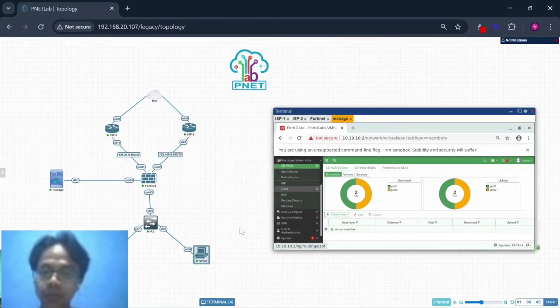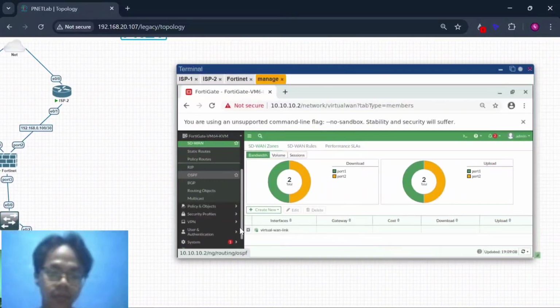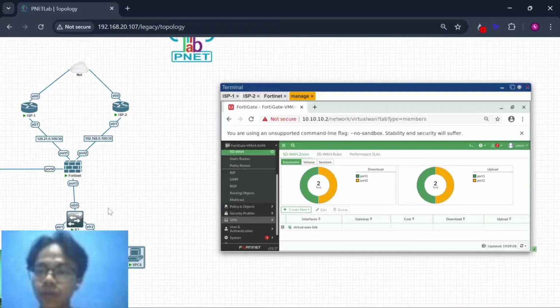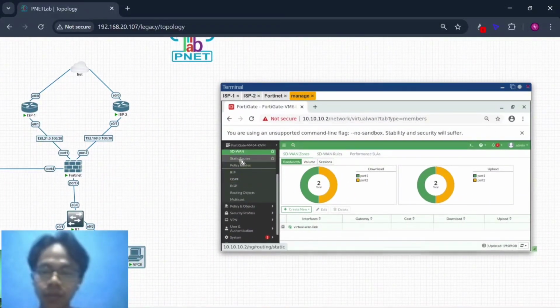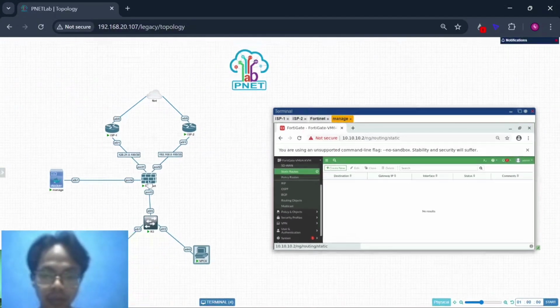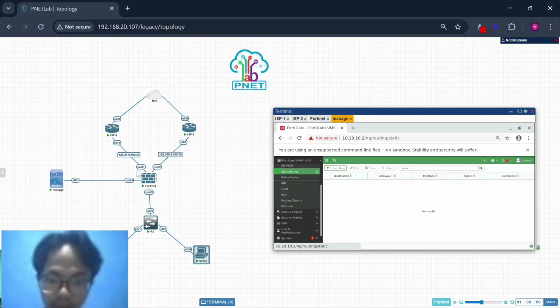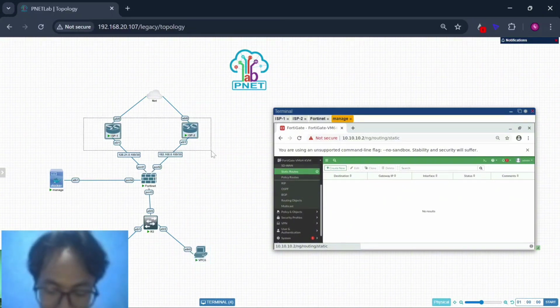And now what must be configured? You must configure a static route for connection to the internet, so this FortiGate device can access the internet via the ISP here.